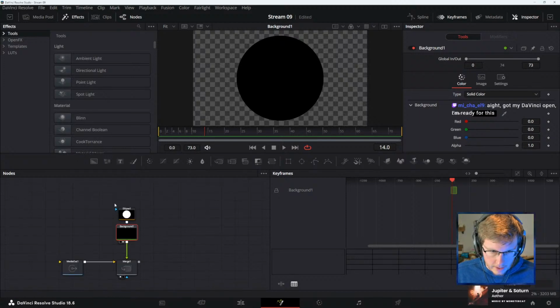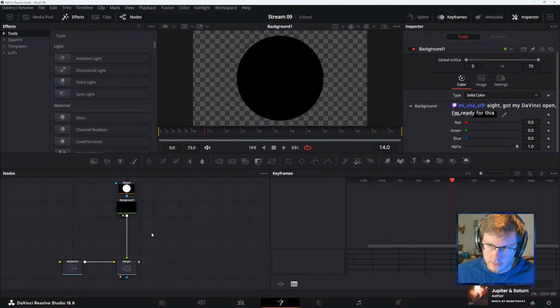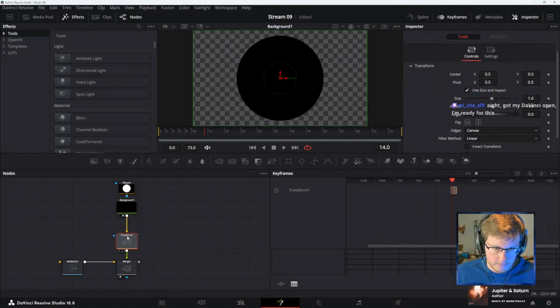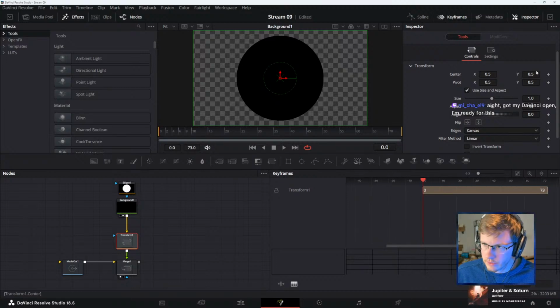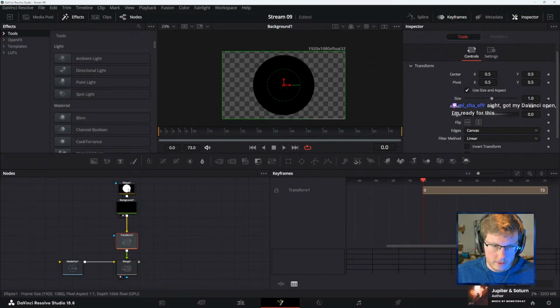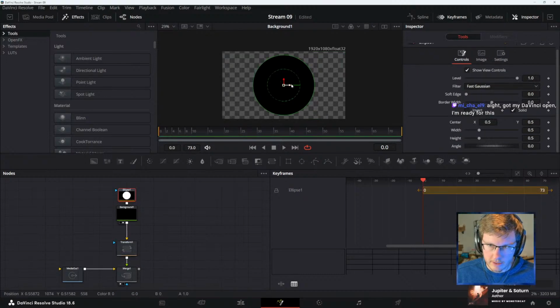All right. And then I'm going to add a transform in here. And let's do, I don't know, let's do a bounce. Make this a little smaller. Level.